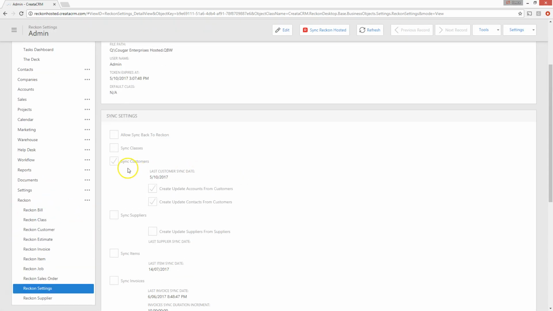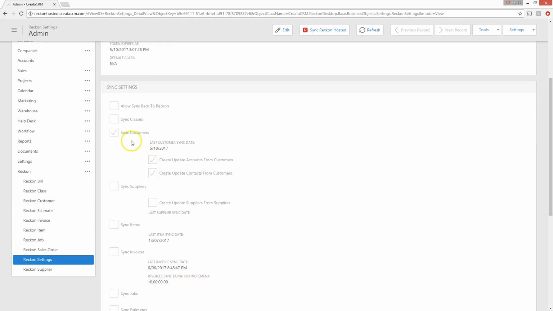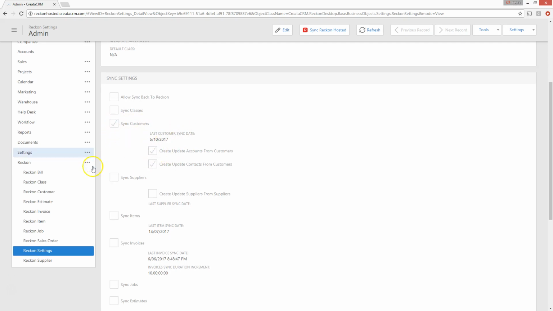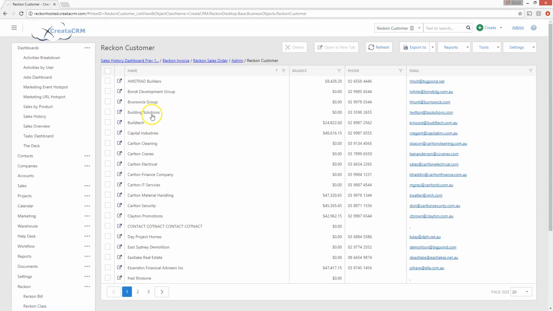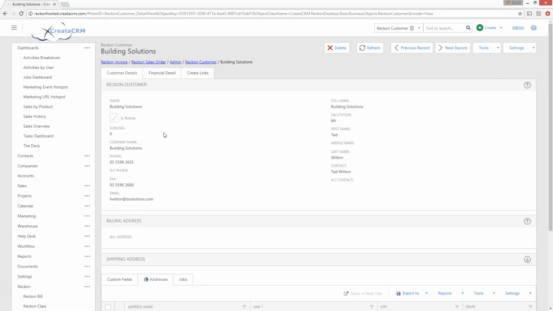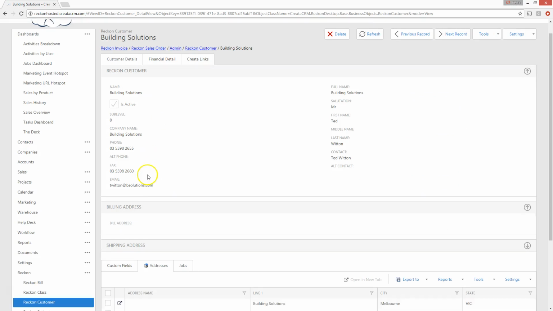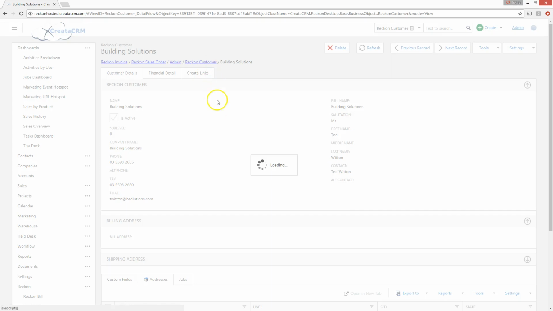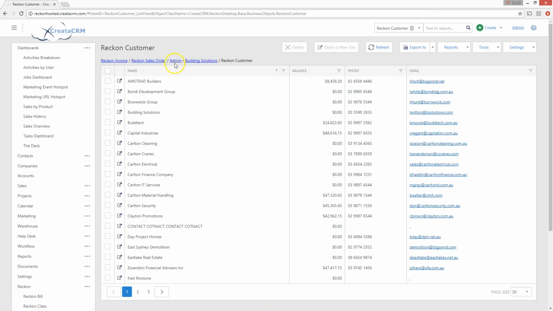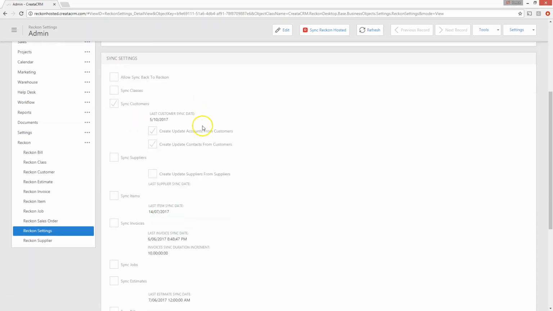So you've got the ability to tick through things like customers, and then you've got a choice of syncing customers. What that means is that it will sync into this section over here. That gives you, as in the first video, the pure data of Reckon itself. Now that's nice to have, but it really doesn't help the users on the road. So that gives you the pure data, but when we look in the actual settings,